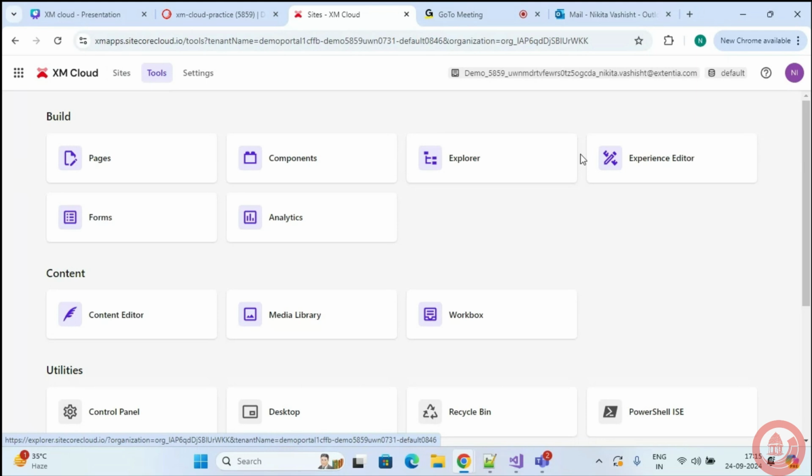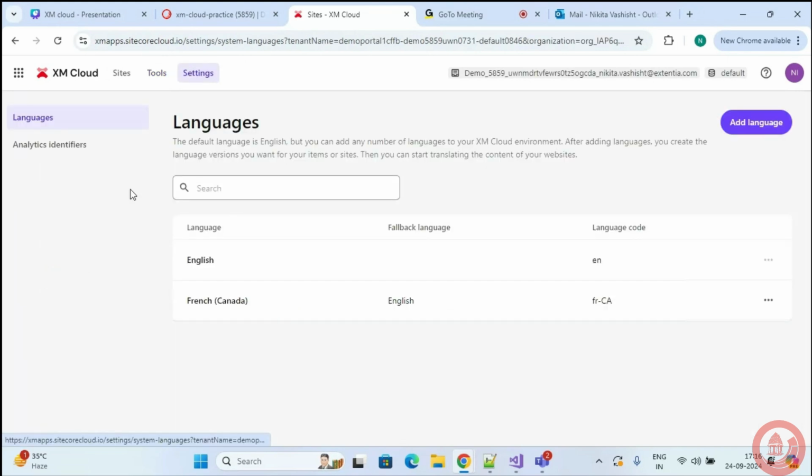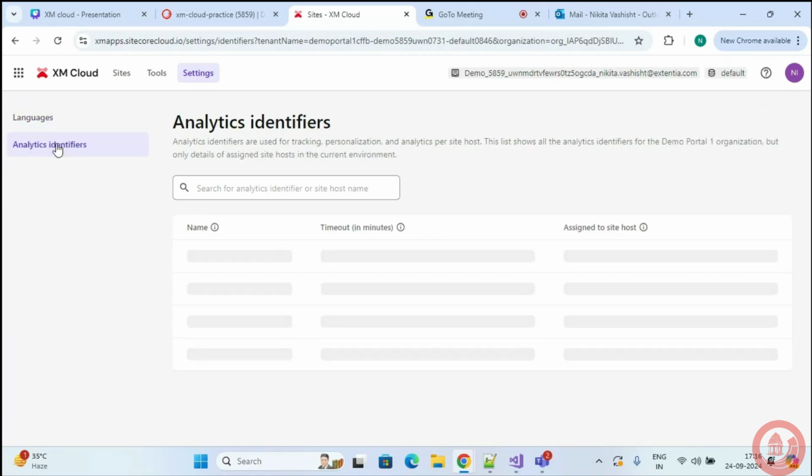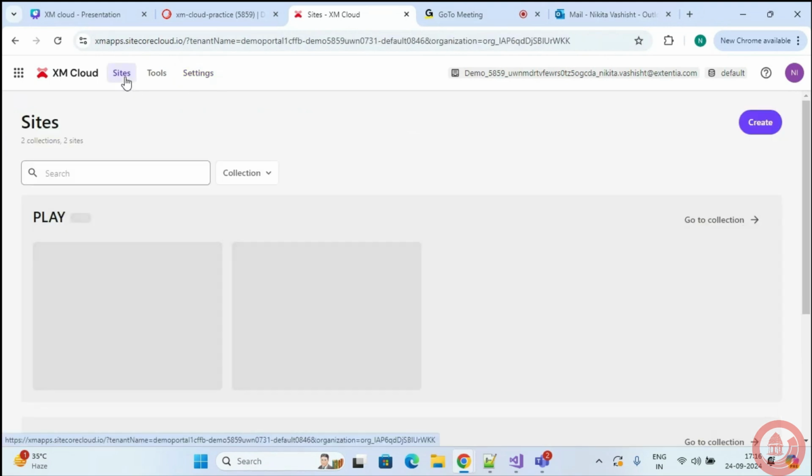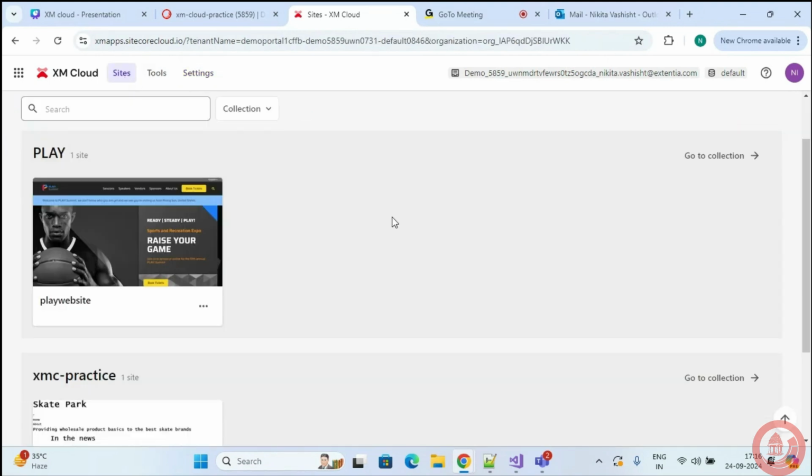So when I go to the sites option, here is how you can create your website. There's a button on my right hand side. You click on this, and we have two options. The first one is to create a collection, and the second one is to create a website. A collection will typically contain all the multiple sites that you want a specific collection to have. So you can create your own collection. Say I give it as SUG Bangalore. I can click on create.